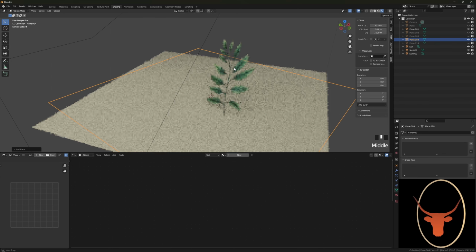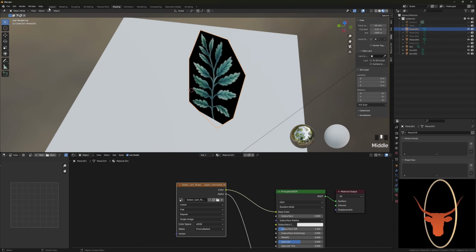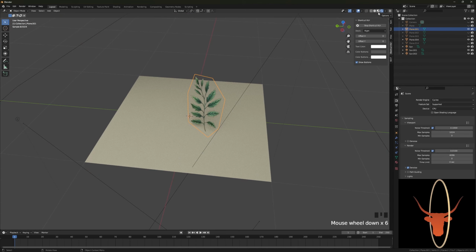But I don't have powerful machines, so I need to switch back to the preview mode, because this will be much smoother for me. And if I go back to layout, this also works now. Fantastic. So I go back here, and this is a very plain looking plane. So what we need to do here is